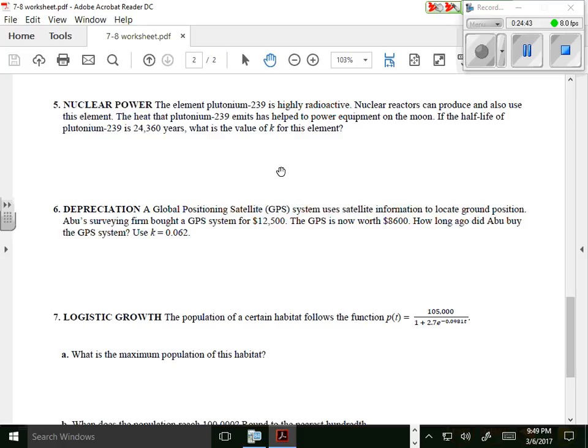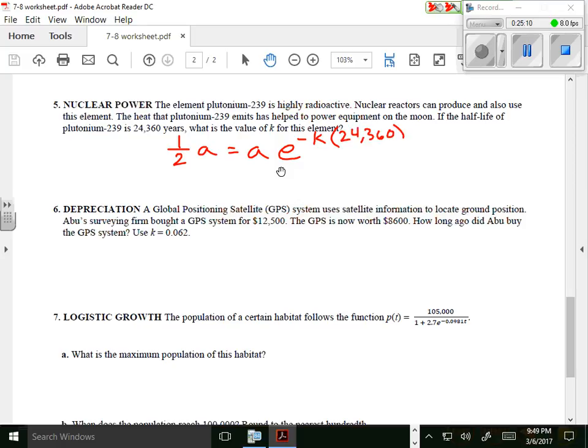So if the amount we start with, A, if we want to end up with half of that amount, and we want to use e, we're going to have negative K, we're going to solve for k, and we know that the half-life number is